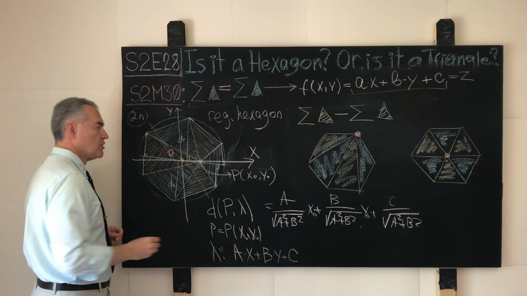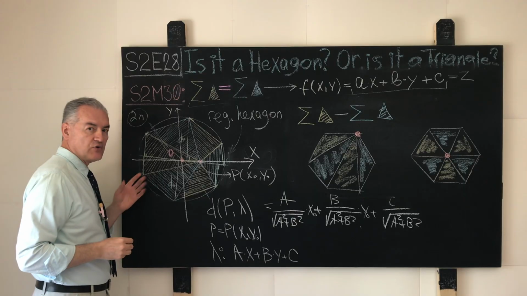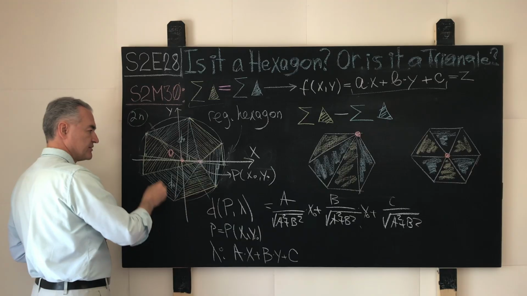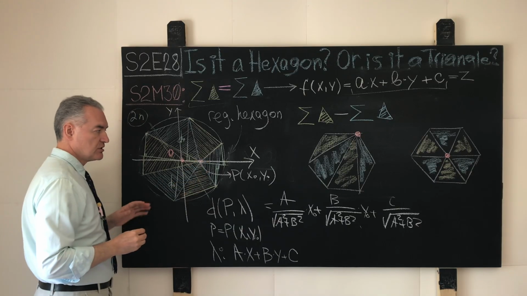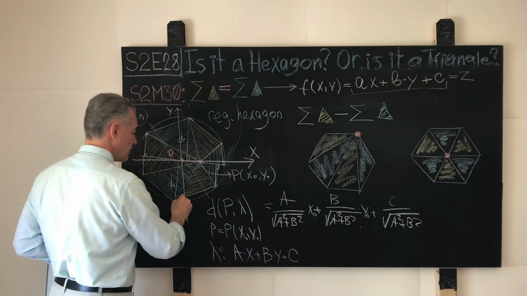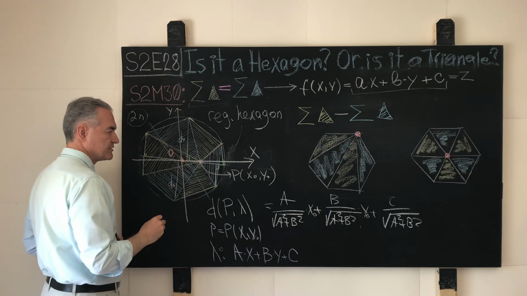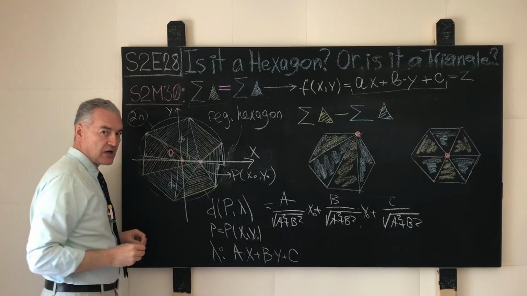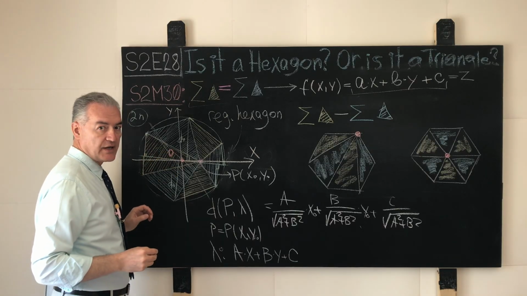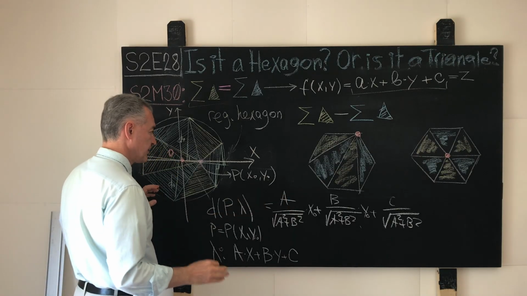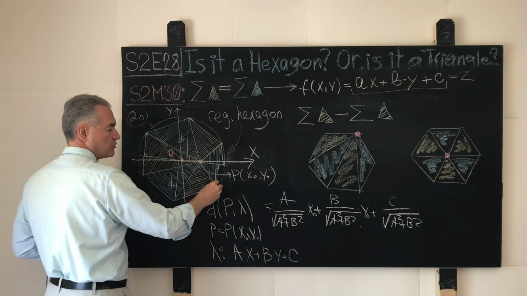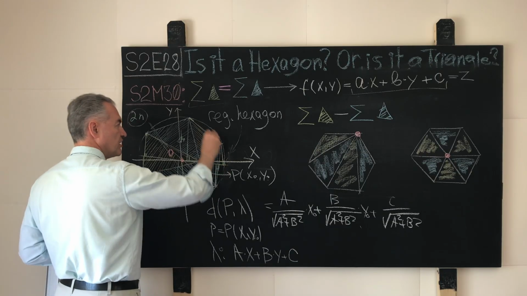That point P roams the innards of our regular hexagon, and with respect to all the sides of that hexagon, that point is always located on the same side. For example, if we agree that we walk around the boundary of that hexagon counterclockwise, our left hand always sticks into the regular hexagon, our right hand always sticks outside of it. So if we walk that way, the point P will be on the left side of each and every side